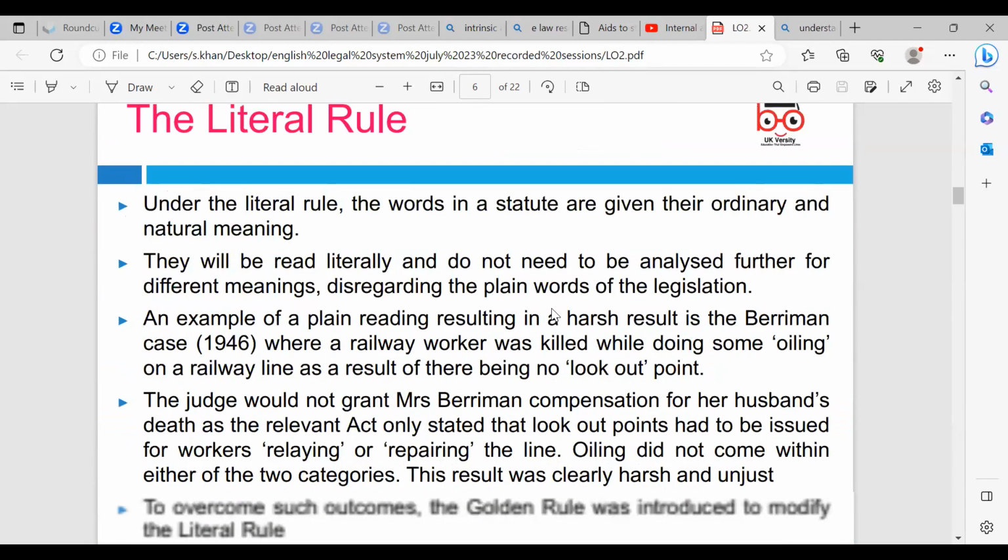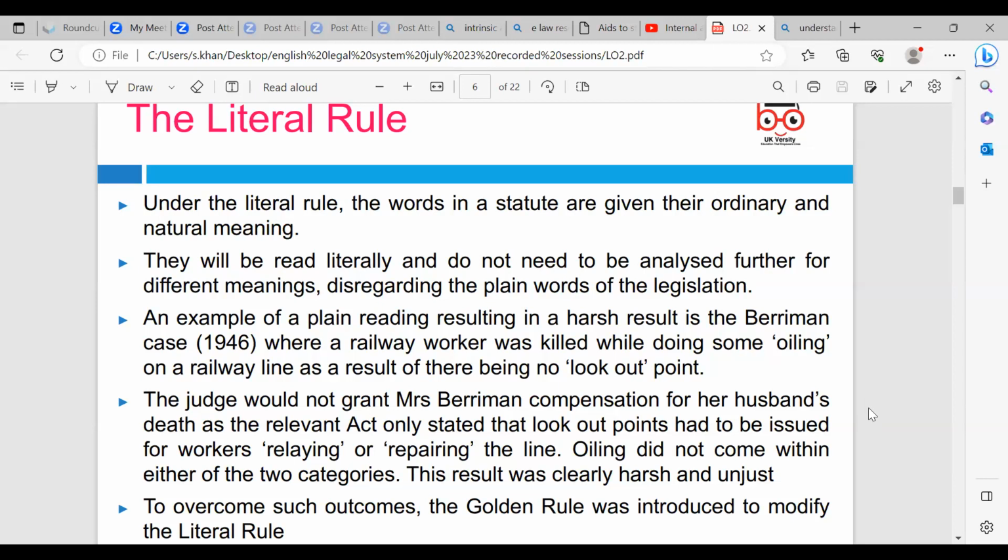So the first one, the literal rule. Under the literal rule, the words in a statute are given their ordinary and natural meaning. They will be read literally and do not need to be analysed further for different meanings, disregarding the plain words of the legislation. An example of a plain reading resulting in a harsh result is the Berryman case 1946, where